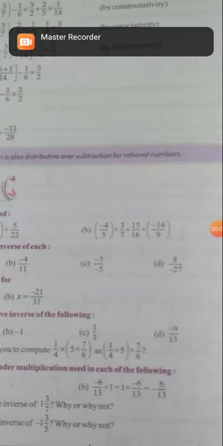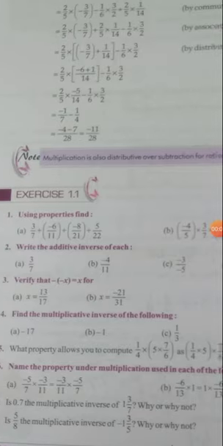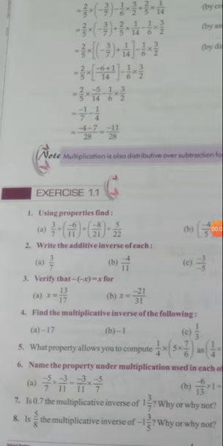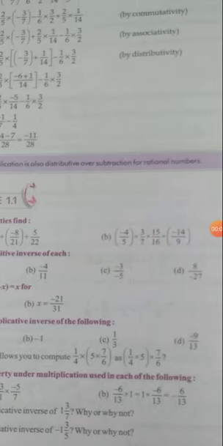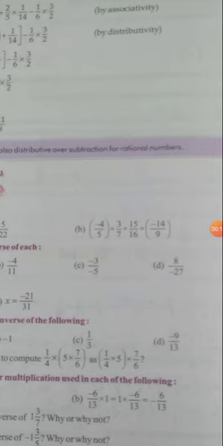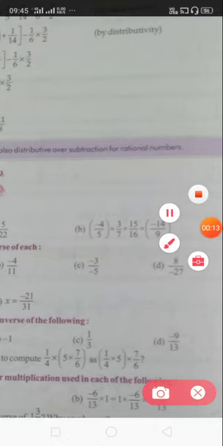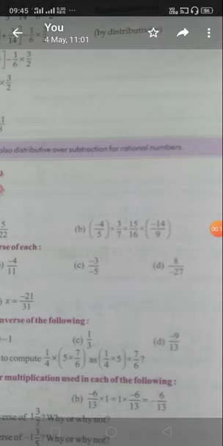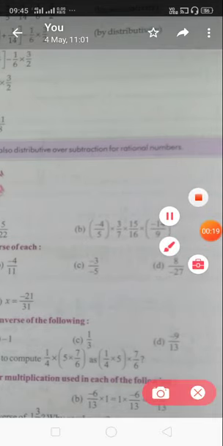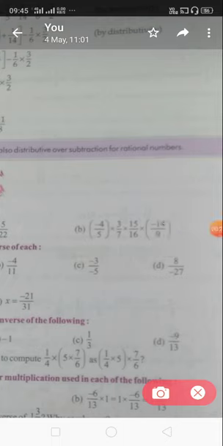Good morning, dear student. In the previous class we discussed question number 1. Now the second part is also very simple, but I will tell you how to solve this question. Minus 4 by 5 into 3 by 7, 15 by 16 into minus 14 by 9. You see here, can you cancel anything?